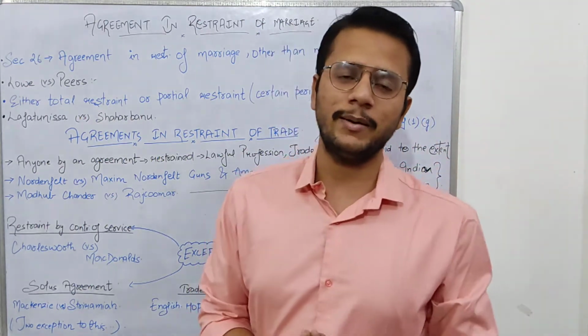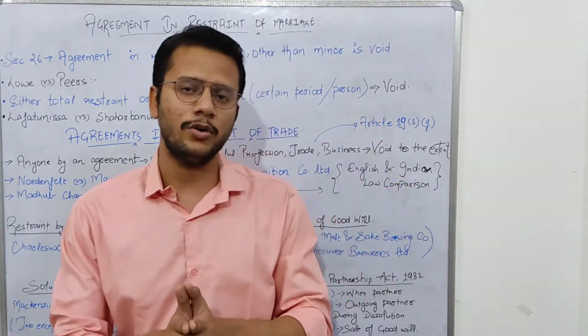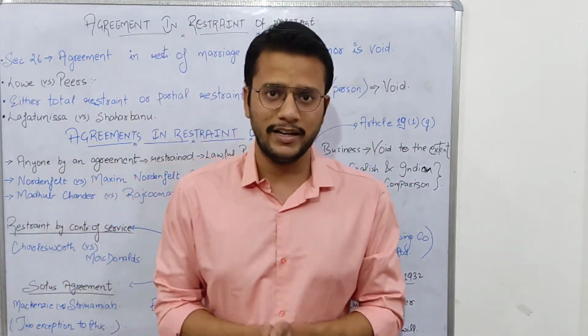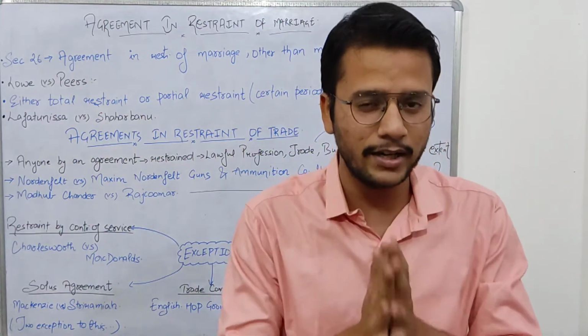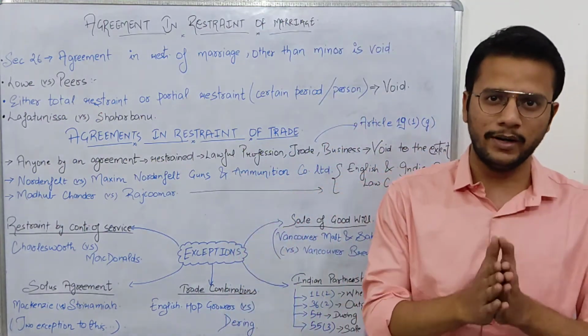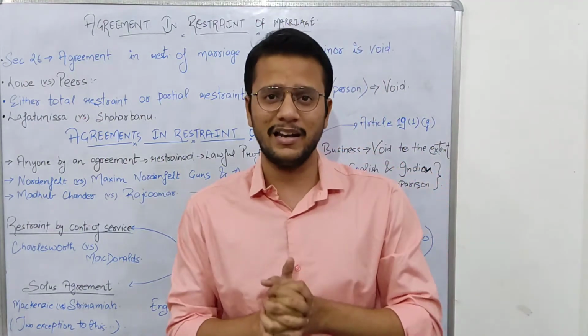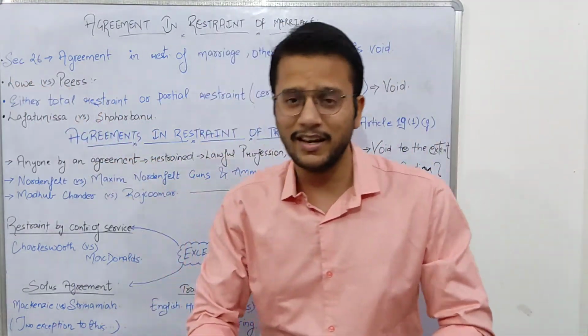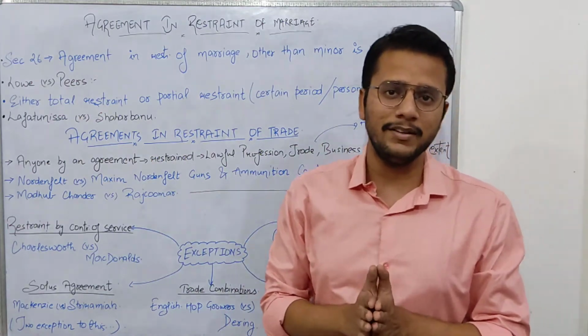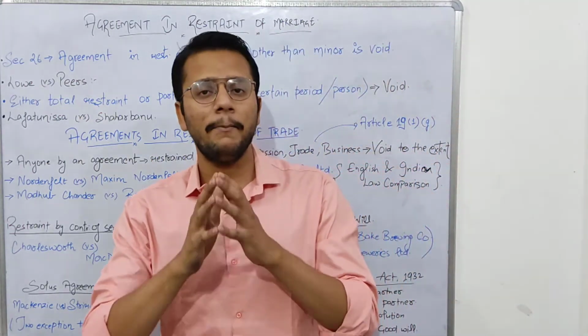If we talk about contracts in restraint of marriage, any contract in the Indian society which is in restraint of marriage is void, other than that of minors. This is mentioned by section number 26. So let me give you a very good example, the Lowe versus Peters case. In this case, what happens is a man